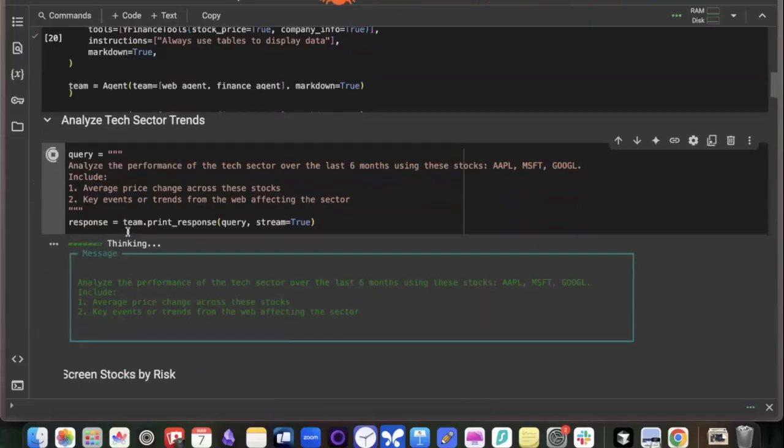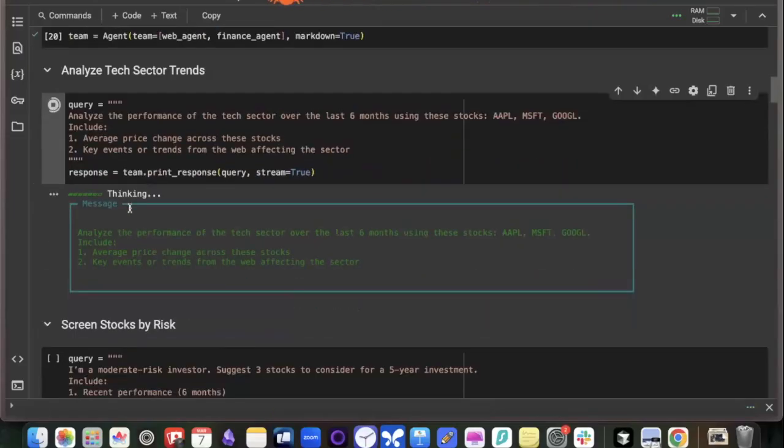You can see the model is starting to think. An agent is something that can plan by itself. It is looking at the question, and the agent is thinking to itself, okay, the user has given me this question, so how do I go about it? Once the agent is done thinking, you can also see its thoughts streaming word after word. So let us give the agent a couple of seconds before it comes up with some answers.